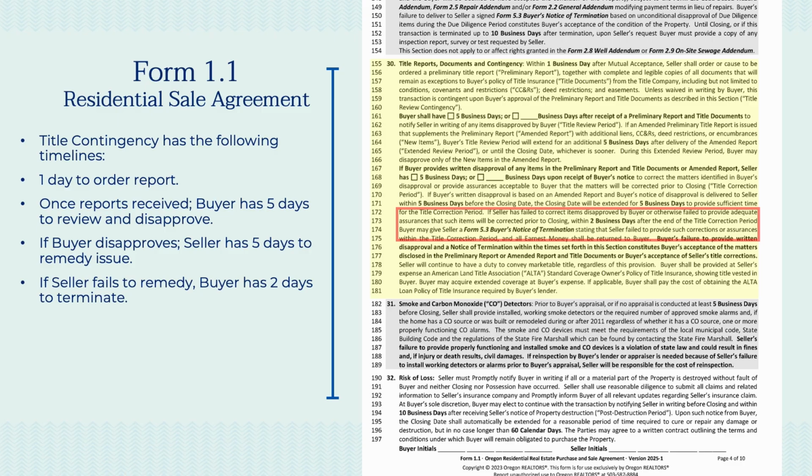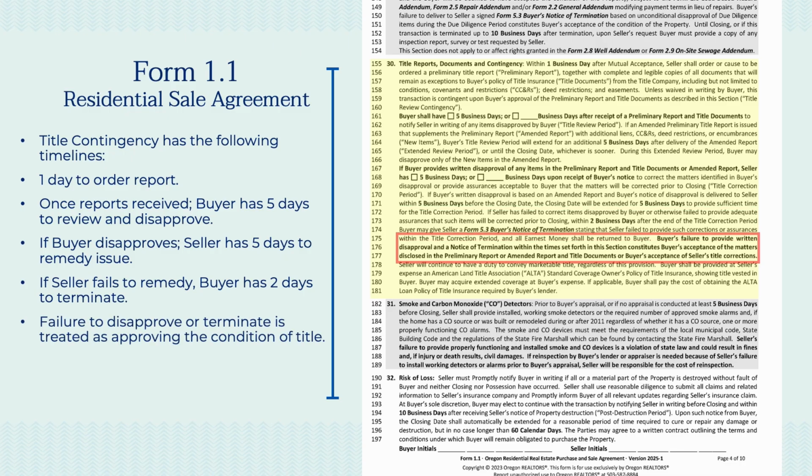Essentially, if the buyer does not take advantage of their right to say, I disapprove, or their right to say, I terminate because you didn't fix it, the buyer no longer has a right to terminate the contract. We move forward, assuming that the buyer is okay with it. It could be a situation where the buyer says, I really didn't want that neighbor's parking easement, but I want this house more than I want to get that easement removed. So if it means I get my dream house and the neighbor parks there sometimes, I want to move forward. There is no automatic termination here. It's an act that the buyer must take